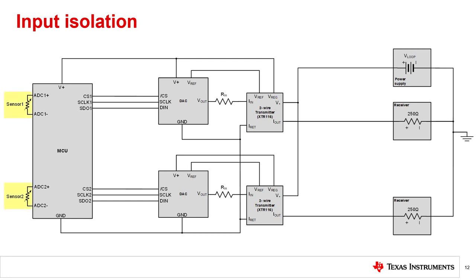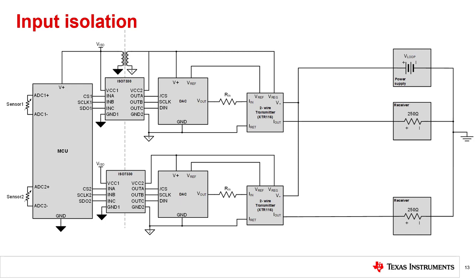In this example, 2 sensors are fed into one microcontroller. The data from these sensors is sent out to the 2-wire transmitters through 2 digital to analog converters. The problem here is that the IRETURNs of the transmitters are shared at the microcontroller. If the first digital to analog converter was trying to output a value corresponding to 4 milliamps, and the second digital to analog converter was trying to output a value corresponding to 20 milliamps, the IRETURN pins of each transmitter should float at about 1.1 volts and 5.5 volts respectively. With the IRETURN pins tied together to the ground pin of the microcontroller, as seen in the diagram, the IRETURN pins will not be able to float independently to provide the correct current output.